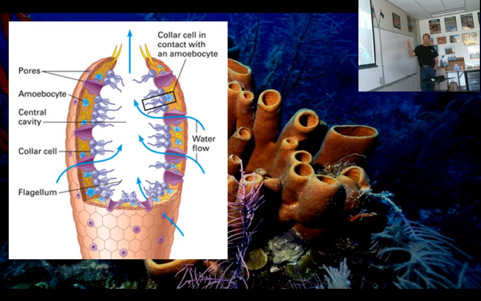So you see that we do have cellular specialization, and we do have tissues, because the epidermis here is a tissue, and the collar cells are a tissue. The amoebocytes don't compose a tissue because they aren't next to each other, all working together as a layer. But they are kind of a mobile, diffuse tissue that spreads itself out through this body of the sponge. So we have cell specialization, we have tissue specialization, we don't really have organs.